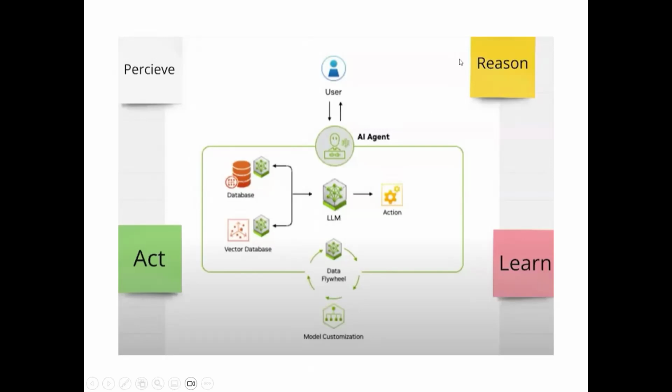So if you look at here, the user is coming here, and agentic AI is going to have many components like databases, vector databases, and here training models, and here action. So it will fetch the data from here, which is the perceiving of data, basically gathering data from databases by applying queries, and then it will give it to a trained model to make some decisions, and then it will execute the actions, right? And thereafter, it will learn from the output. That is the data flywheel, right?